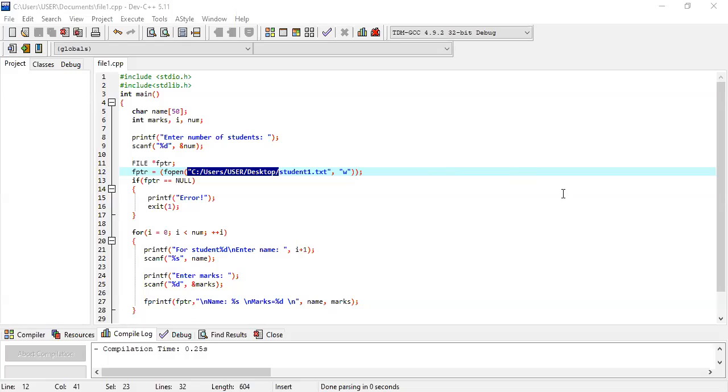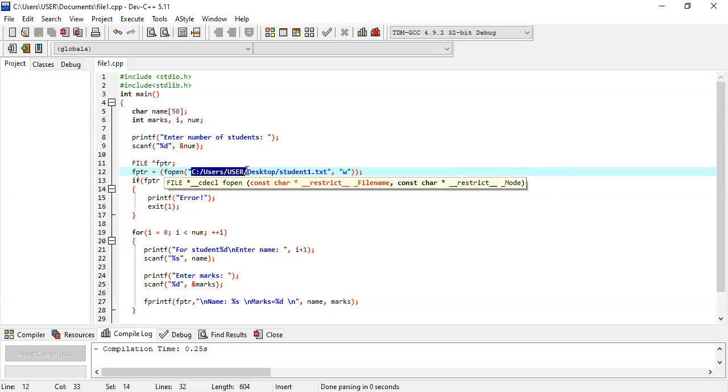It is clearly written in the Location part. Just copy that. According to my machine, this is the location of my desktop.